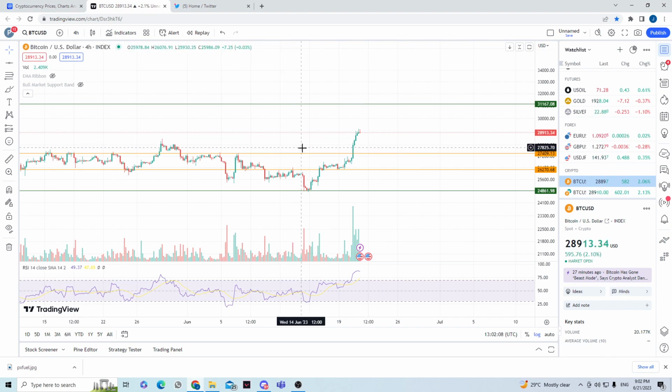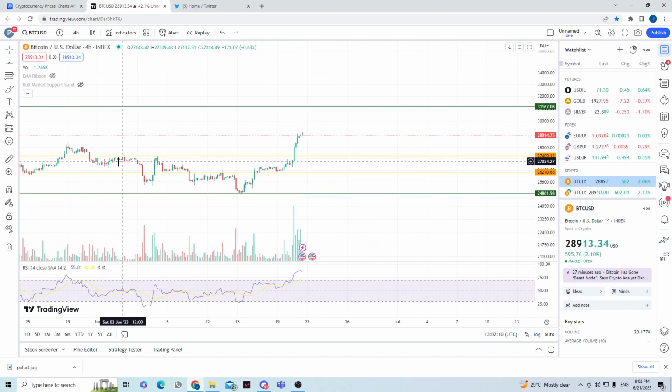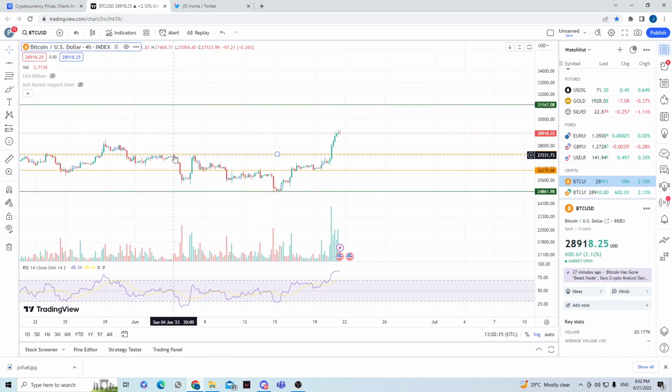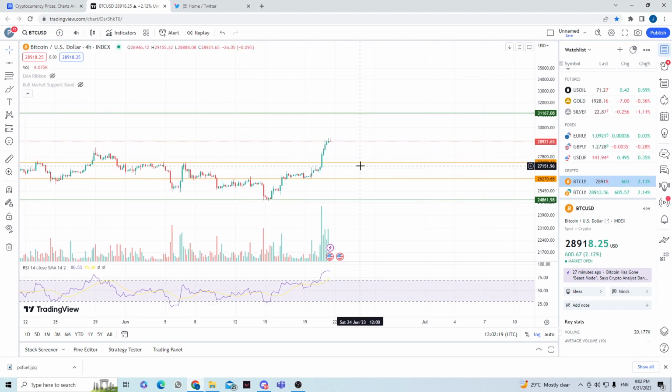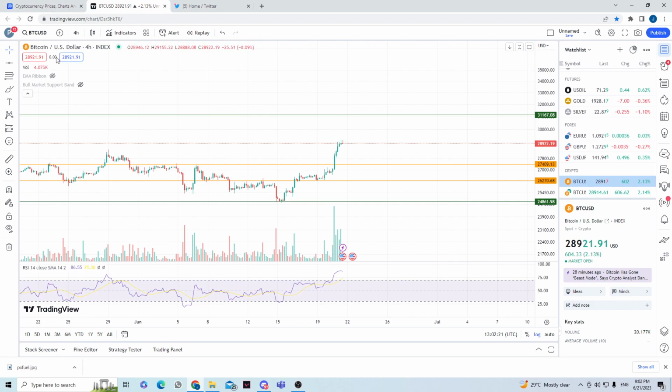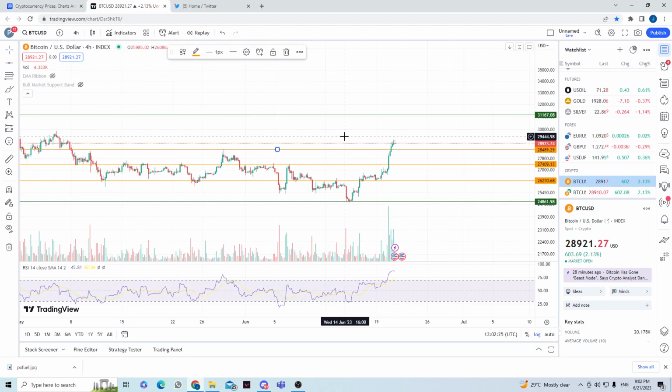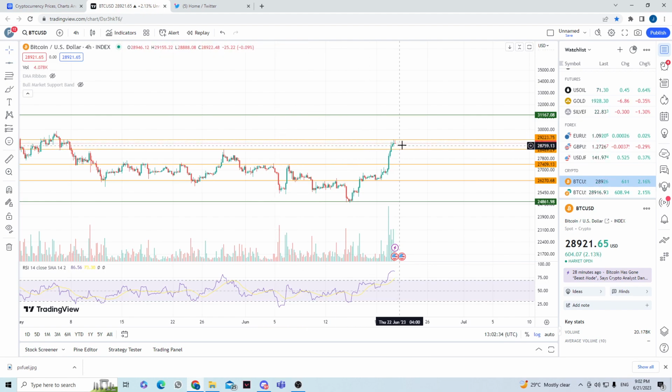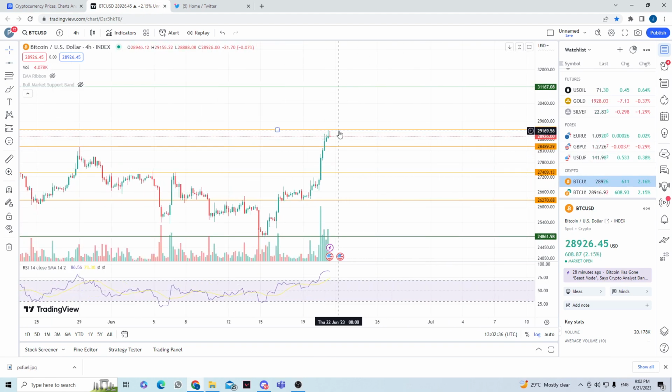So how do you determine zones? It's basically when you see price action touching the area quite a number of times. You can see 1, 2, 3, 4, 5 quite a number of times right here. Now it's going up, and maybe up here is another one, so you can just put it here. Now price is just like that, and we want to see where this price action would go, which is kind of here around resistance now. So actually this is a resistance already,